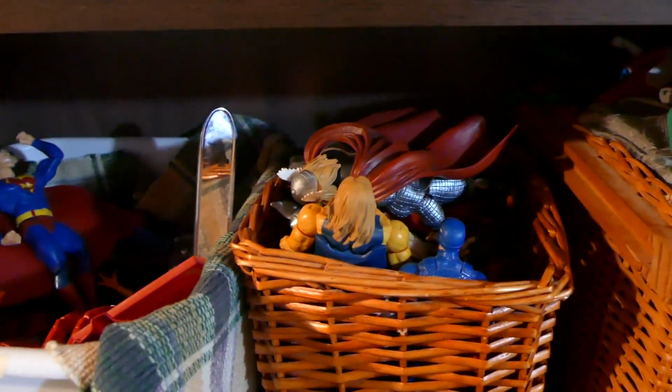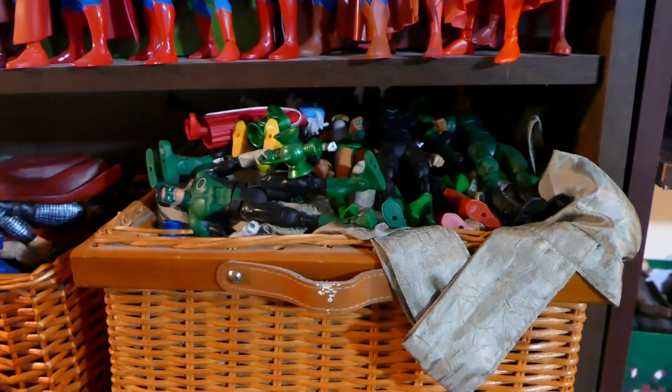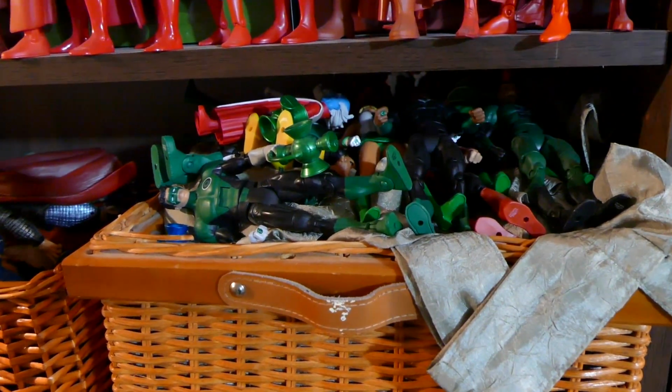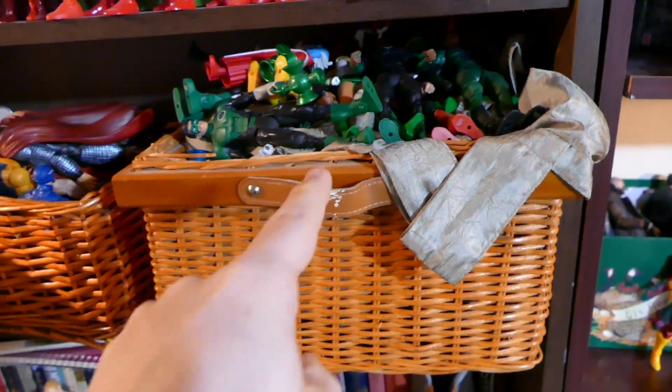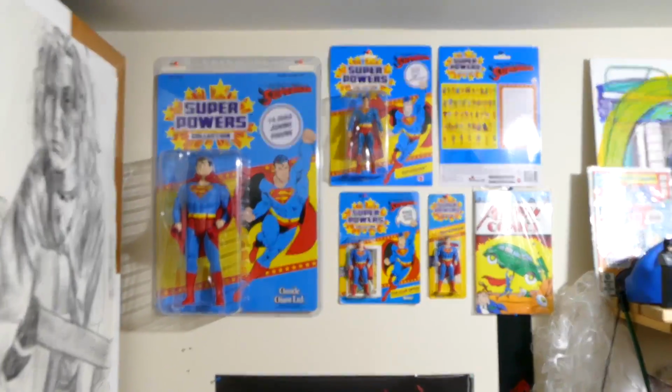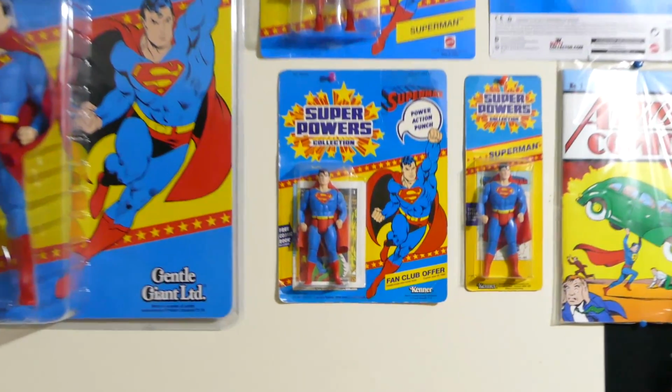I got a little basket of Marvel figures here, and then this basket here is all Green Lantern related, and I just haven't had the space to put them up. So we have yellow lanterns and blue lanterns, and just every single lantern figure, every character is represented in that basket. I almost forgot to show you that I also have the Gentle Giants Superpowers Superman,